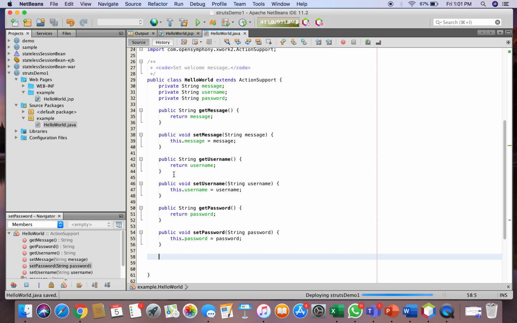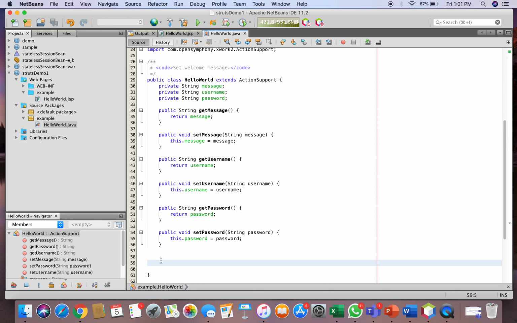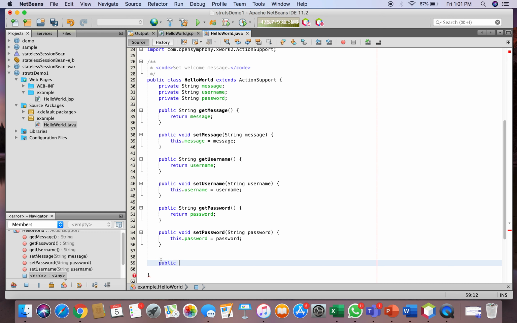Now as I have told you, when this class has to act as the action, the first thing is to extend ActionSupport, and second is to override your execute function. Let's write my execute function. This is the function which contains your actual business logic.